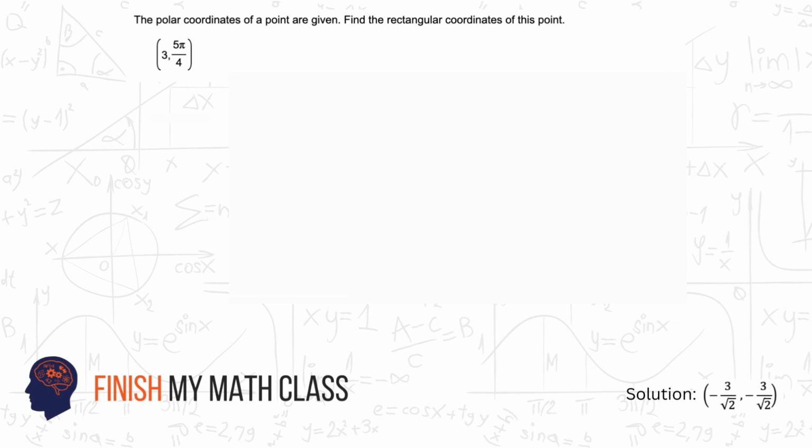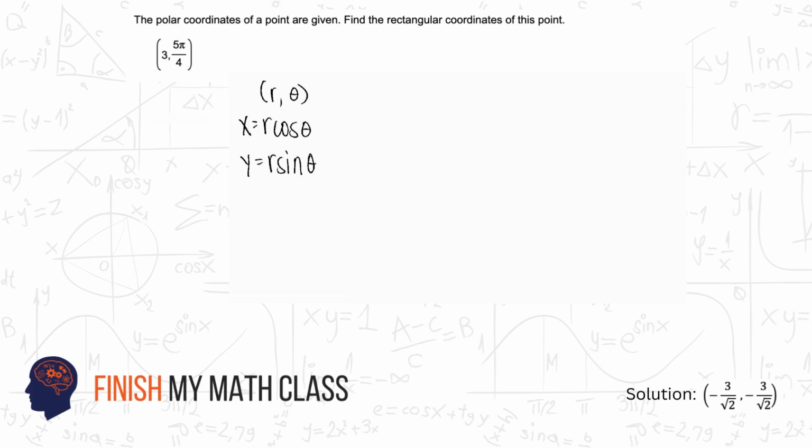Hello, in this video, we're going to be finding rectangular coordinates given polar coordinates. The problem that we have says the polar coordinates of a point are given. Find the rectangular coordinates of this point. Polar coordinates are in the form r, theta, and to convert polar coordinates to rectangular coordinates, we use the equations